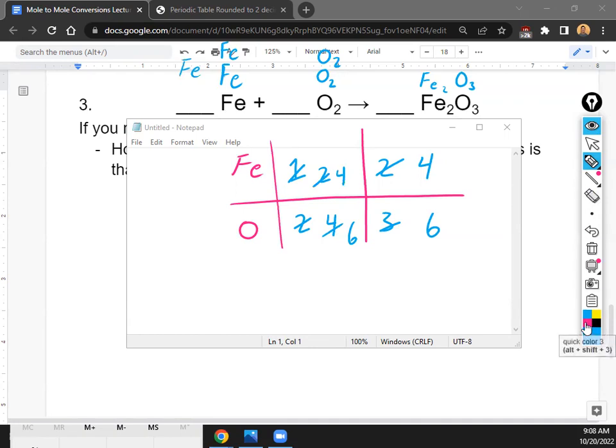Okay, so let's put the numbers in the front now. How many Fe do we have in total on the right here? 4. Yeah, 4. 1, 2, 3, 4. So we're going to put a 4 in front of